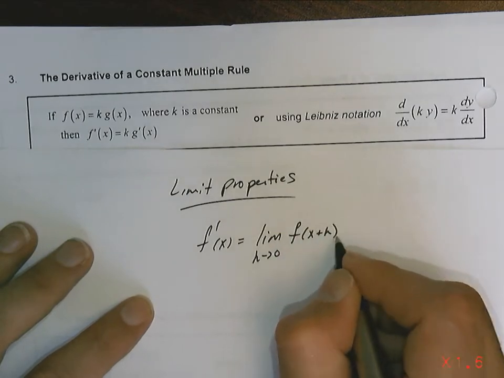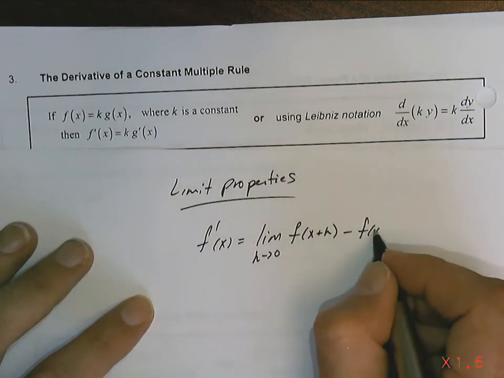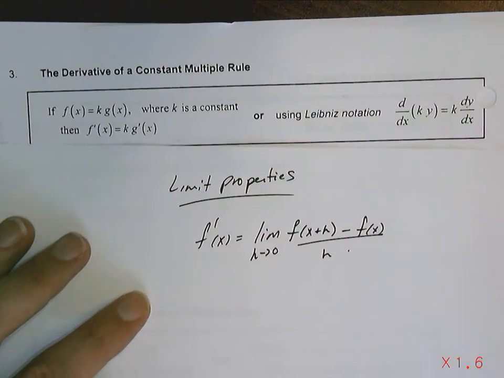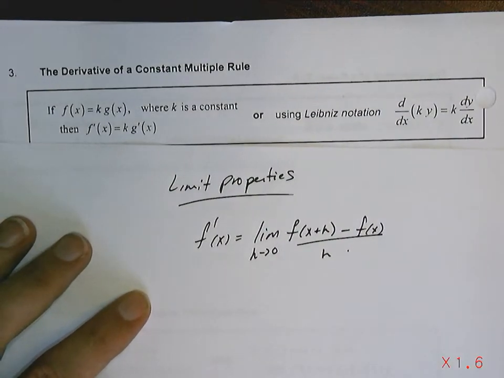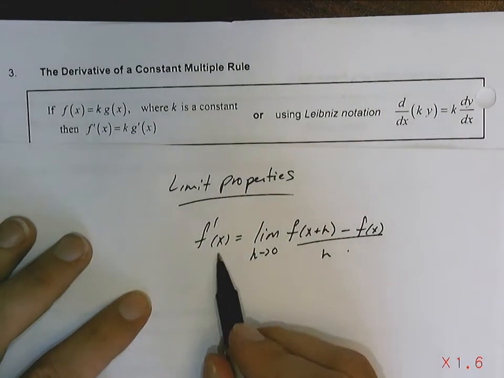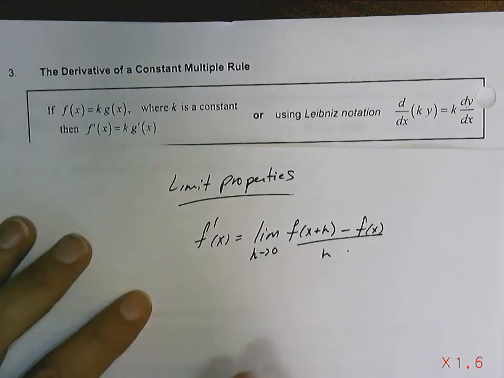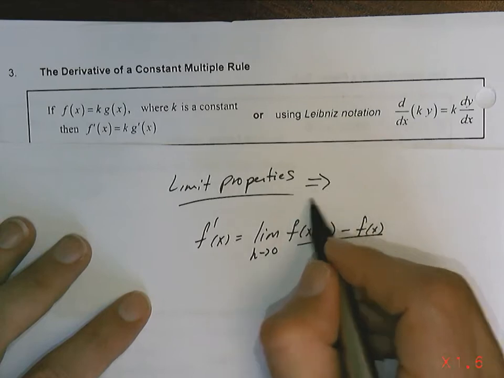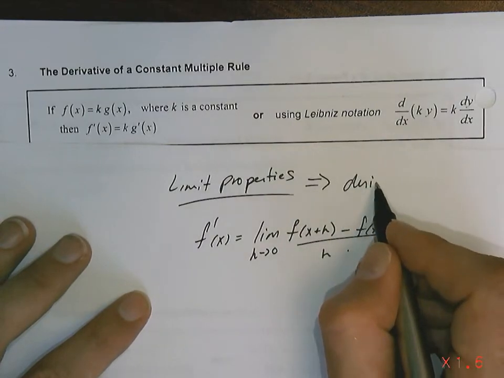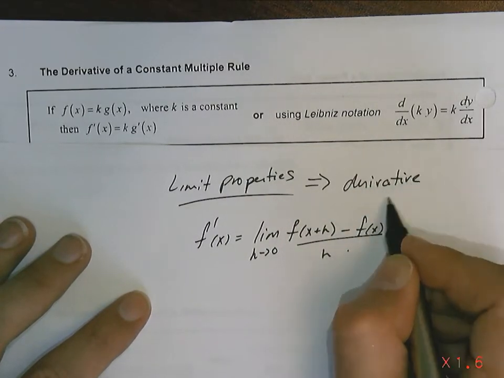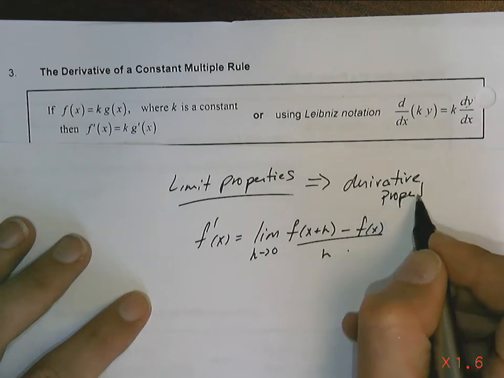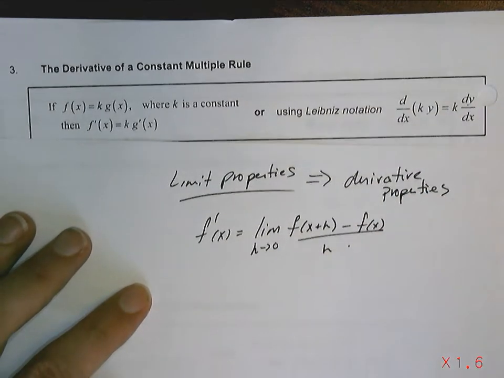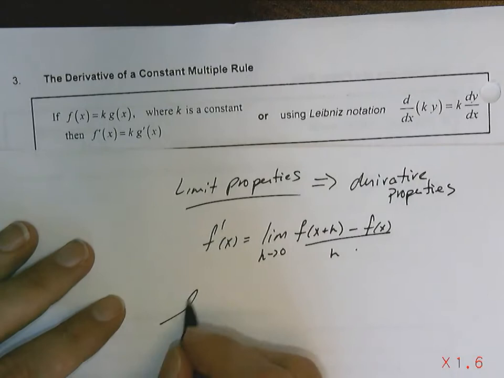what do limits have to do with derivatives? You know what my answer is? Everything. A derivative is a limit. It's just the way it is. So any limit properties you have correspond to derivative properties. I think that makes sense. Okay? So we had a limit property once that said